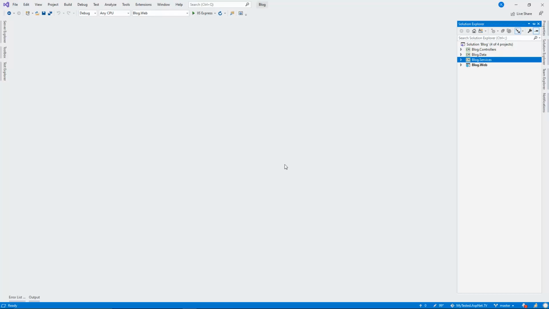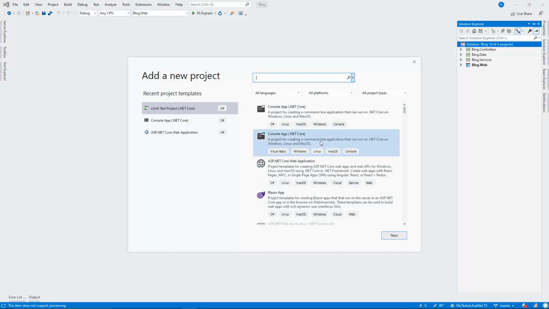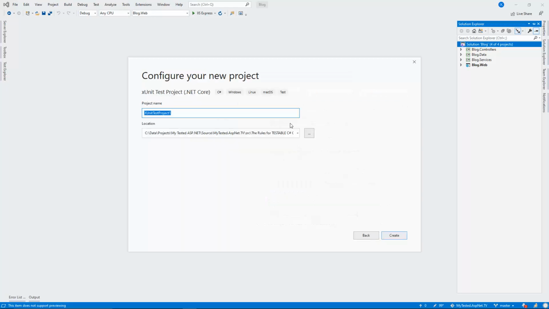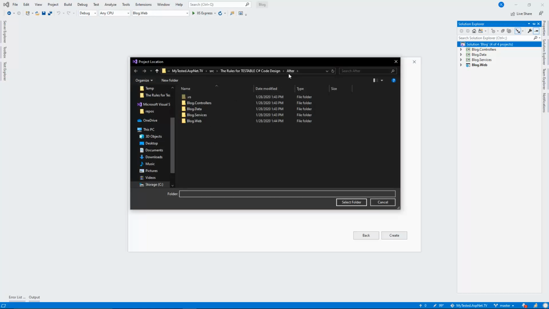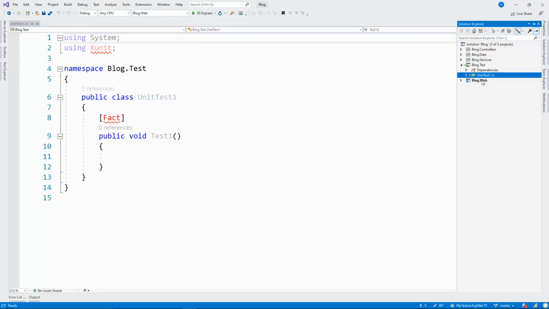Back to Visual Studio. Now, how to start? First, we're going to write a simple unit test. We want to create an xUnit test project. I'm going to use xUnit because it's a cool test runner and allows me to write asynchronous tests. And I'm going to use the famous AAA model for writing tests. That's arrange, act, assert. If you don't know what arrange, act, assert is, I'm going to show it in a minute. So I'm going to create a new test project. It should be in this folder and it will be blog.test. Cool. I'm going to delete